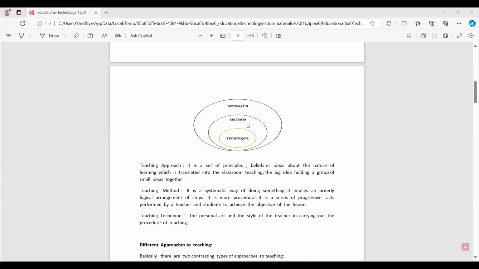Similarly, if you select teacher-centered, the methods and techniques are accordingly chosen. If you select student-centered as the approach, it's your set of beliefs, right? Nobody can question that. Then accordingly, the methods and techniques differ, right? And now the same pimples example. Now you decided on Western doctor because that is what you believe in. And then your method will be laser treatment and antibiotic treatment. And then the techniques will be,